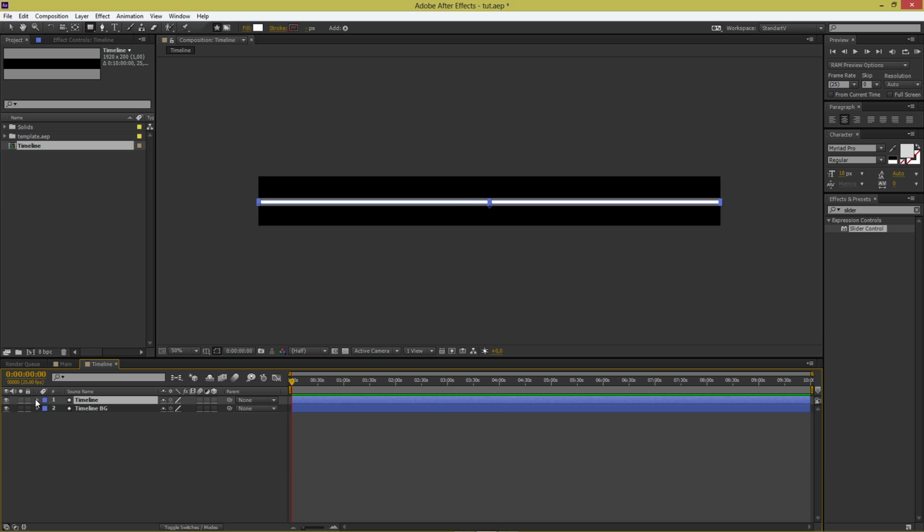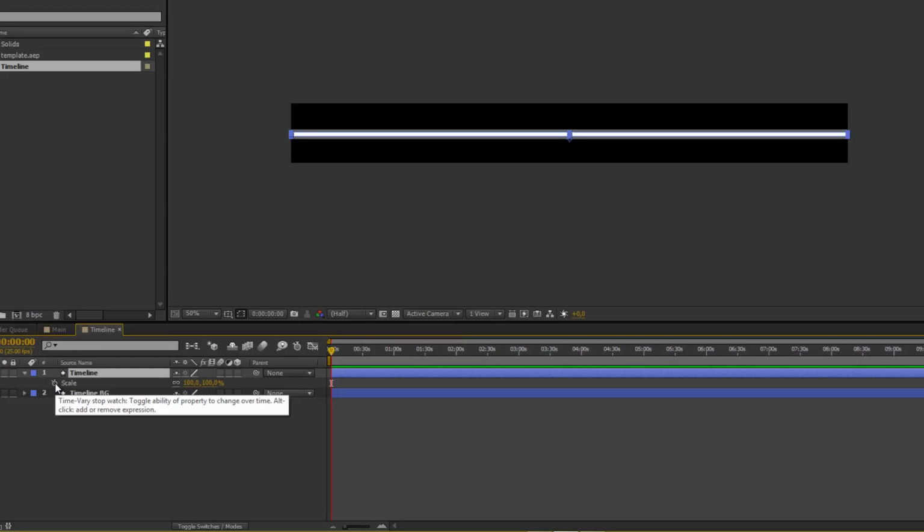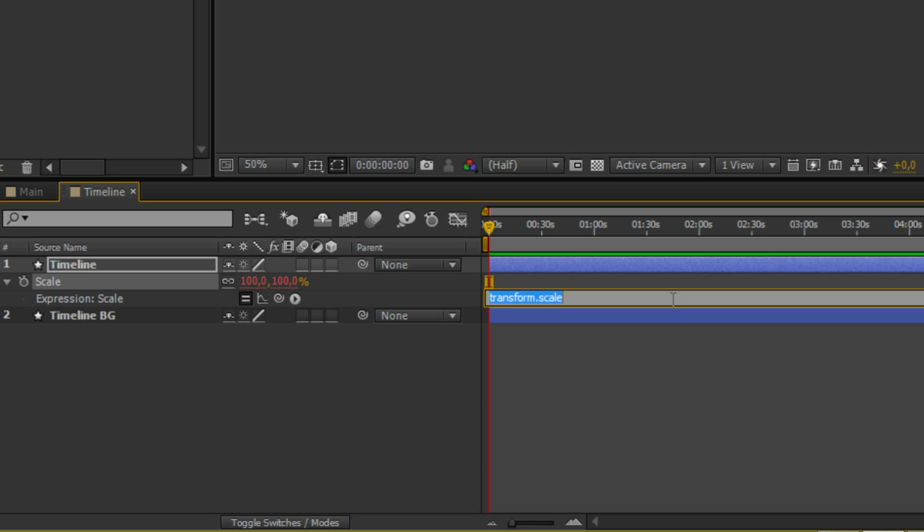Now let's go to Timeline, press S on your keyboard for Scale, and Alt click. So now we have to do some expressions right here. Do the square brackets, and type time multiply by 100 divide by comp, open brackets, the name of your main comp, which in my case is named main, close the brackets, and then dot layer, open brackets, the name of our adjustment layer, which in my case is Options,